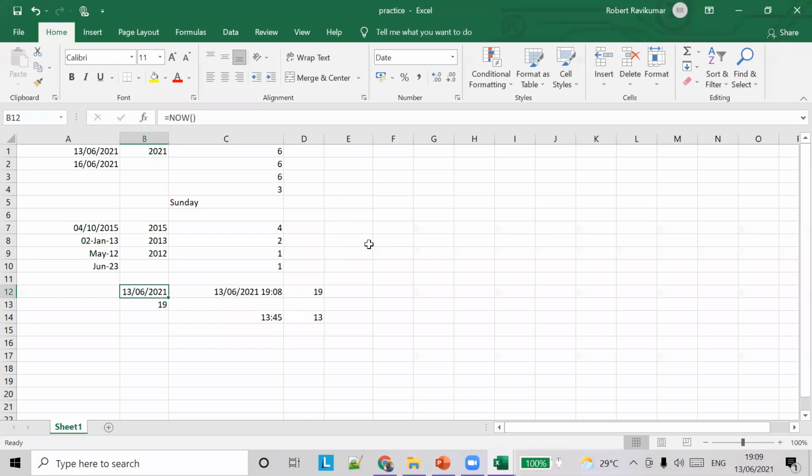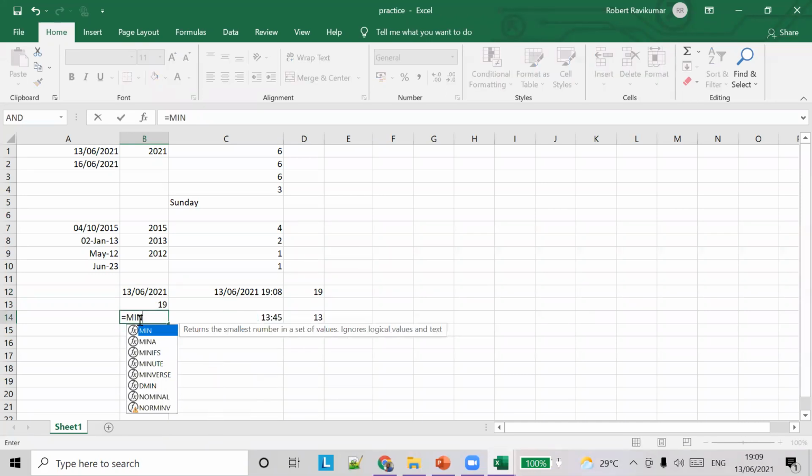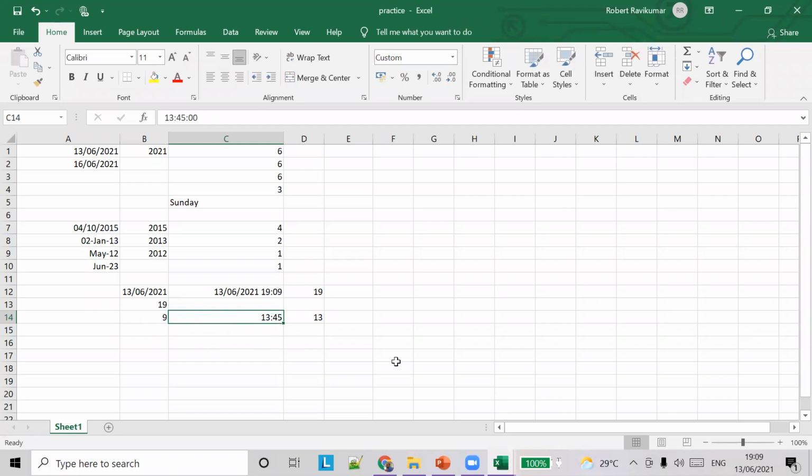We learned the minute function, hours, years, and everything is similar. All you have to do is use the appropriate function and pass the dates for all the things. If you pass this cell, it will give you the minute. It's now 7:09, that's why it gave you 9 minutes.